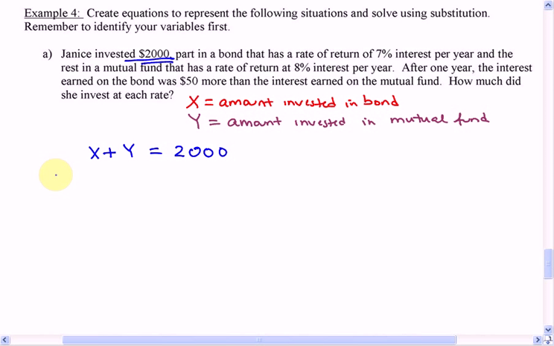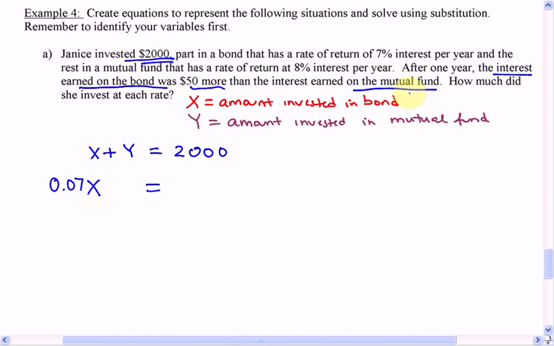It says after 1 year, the interest earned on the bond was $50 more than the interest earned on the mutual fund. So the interest earned on the bond, how do we describe that? Well, the amount invested in the bond is x, but the interest earned is a percentage, right? It's 7% of the amount. So 7% as a decimal is just 0.07. So 0.07x. Okay. So the interest earned on the bond, which is 0.07x, was $50 more than the interest earned